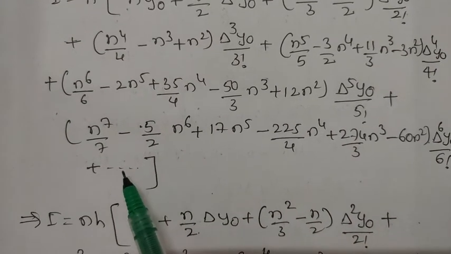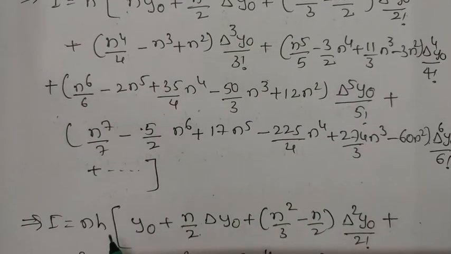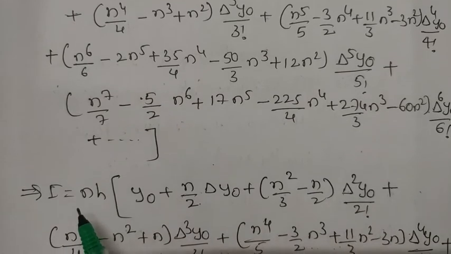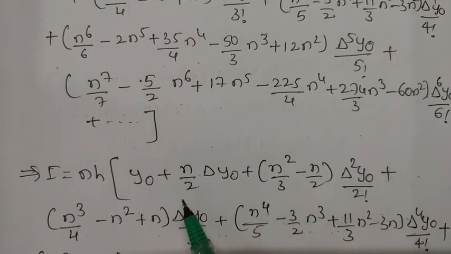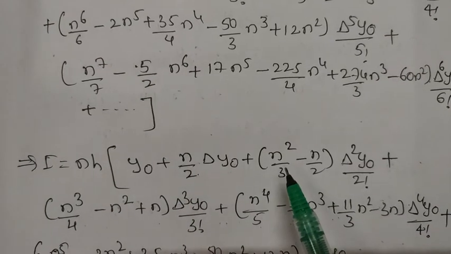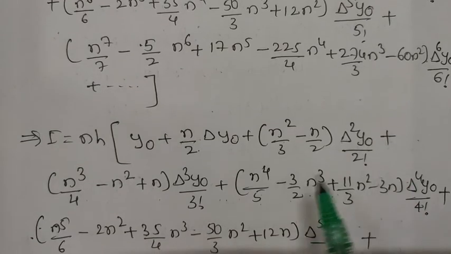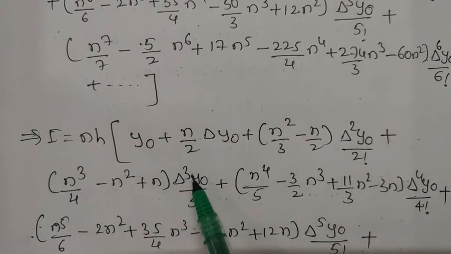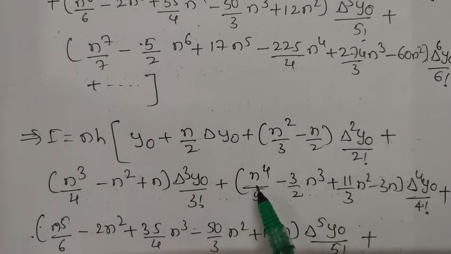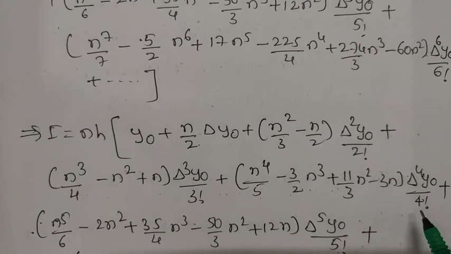So in all these terms we can find n, no? All the terms contain n. So let us take n outside. Then this implies I is equal to nh into y naught plus n by 2 delta y naught plus n square divided by 3 minus n by 2 delta square y naught by 2 factorial plus n cube divided by 4 minus n square plus n delta cube y naught by 3 factorial plus n raised to 4 by 5 minus 3 by 2 n cube plus 11 by 3 n square minus 3n delta raised to 4 y naught